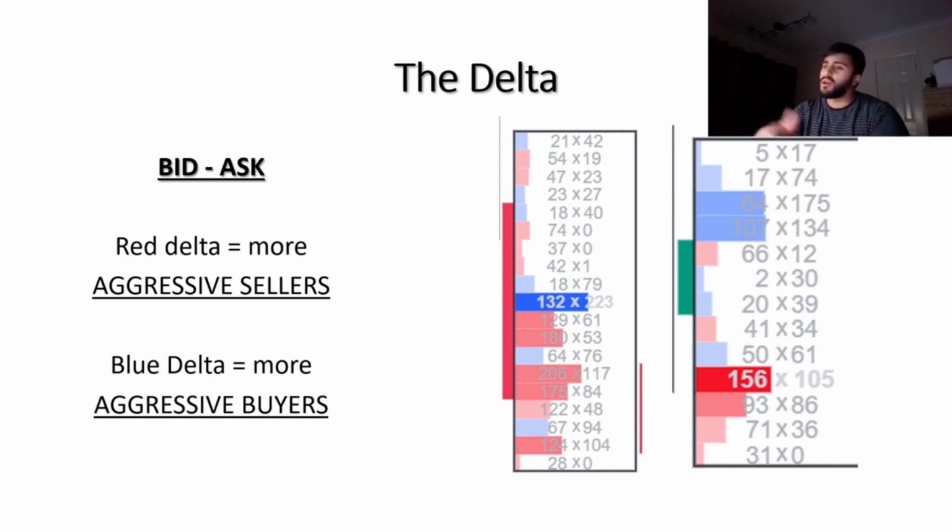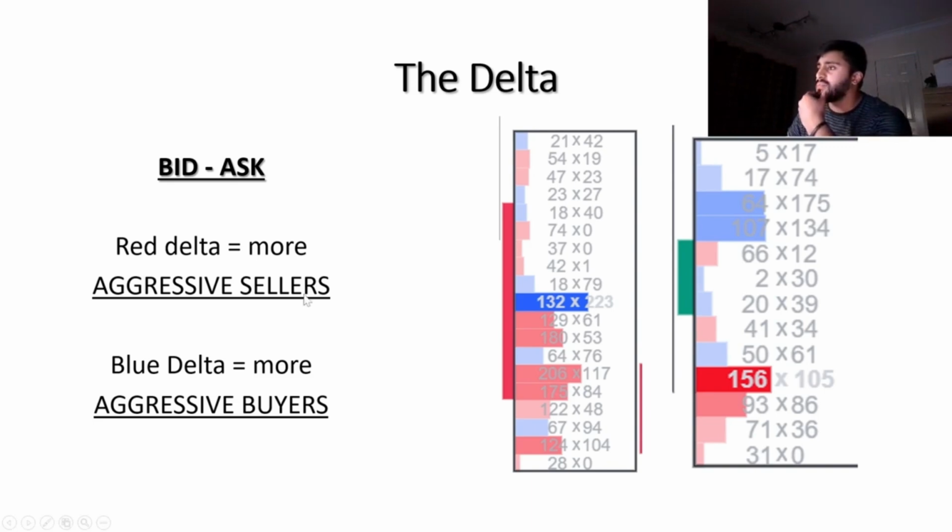Quite intuitive. Now blue is the opposite. There's the bid and the ask is a positive number, right? So the bid minus the ask is above zero. There's more aggressive buyers than there are aggressive sellers. And this tells us that, again, there's more buyers than there are sellers, aggressive buyers than there are aggressive sellers,